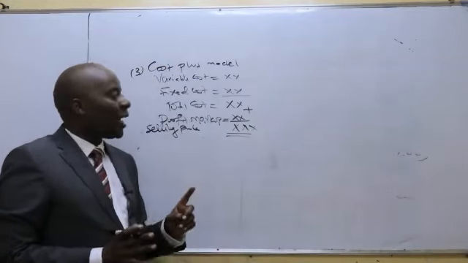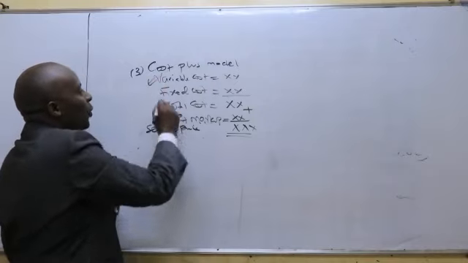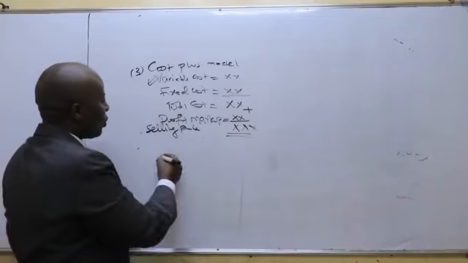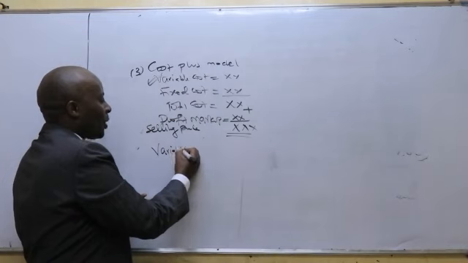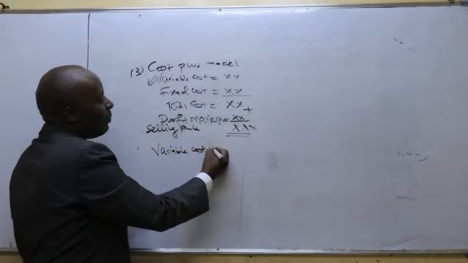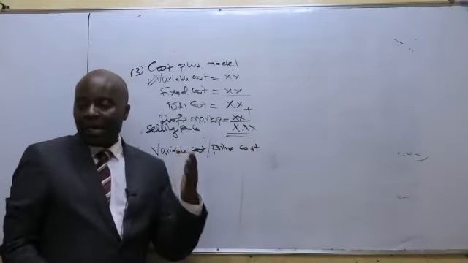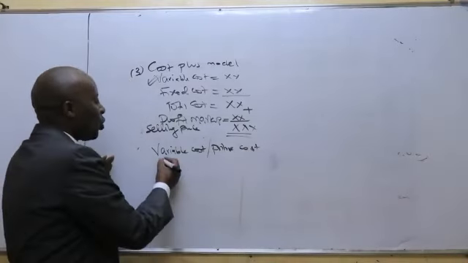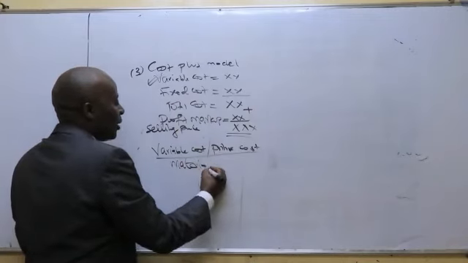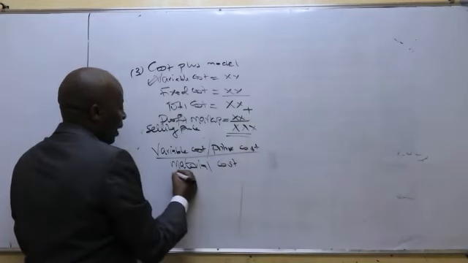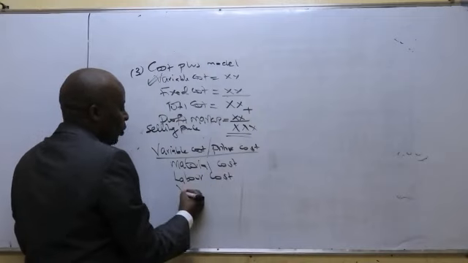Now, ladies and gentlemen, I would want you to appreciate one thing. When we talk of variable cost, what are we looking at? Of course, we know that variable costs are also known as the prime costs. They are also known as the prime cost or the primary cost. This primary cost, what do we have? Primary cost, we have, of course, the cost of material, we have in this case labor cost, and then we have what we call the